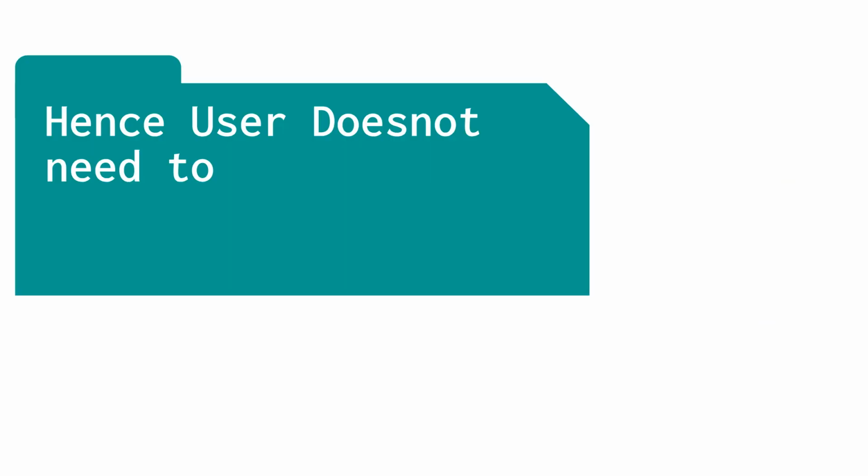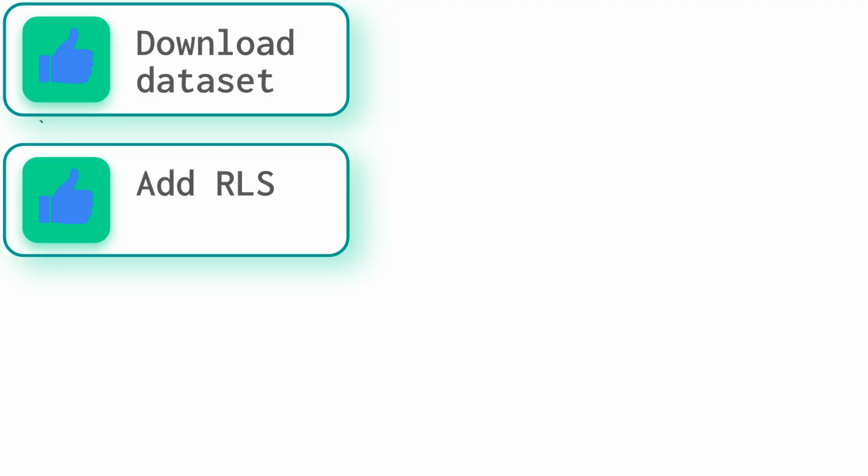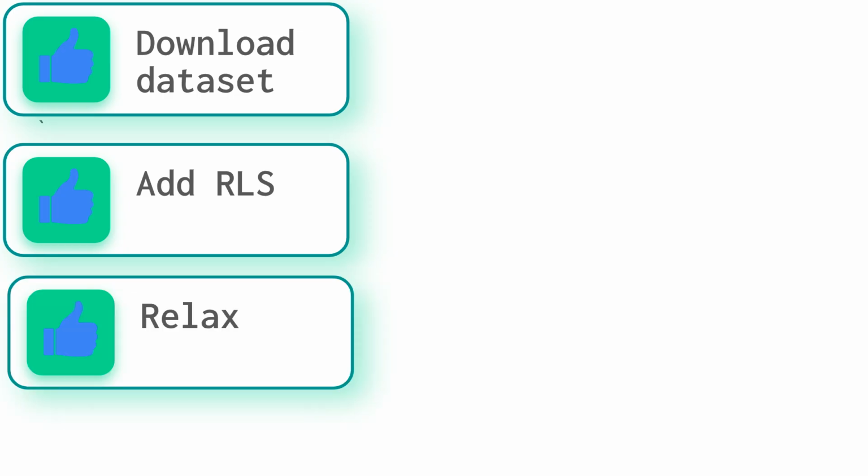With Power BI Site, the user no longer needs to perform certain manual steps. This means there's no need to manually download the dataset. And you don't have to add row-level security manually, since previously, you had to create security roles with DAX rules in Power BI Desktop, then publish the report and assign users to those roles in the Power BI service. But now, simply define all user permissions in easy-to-maintain CSV files, and Power BI will automatically apply the correct security rules for every user. You can relax, knowing these tasks are